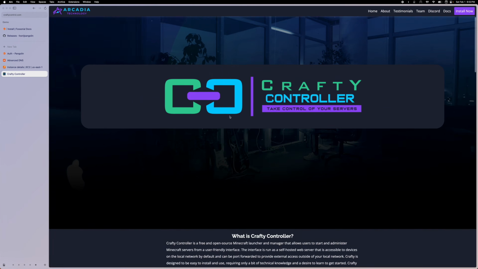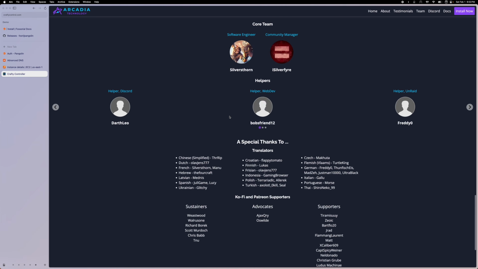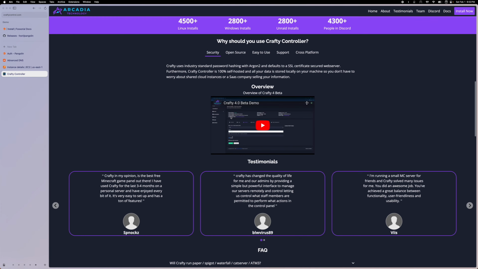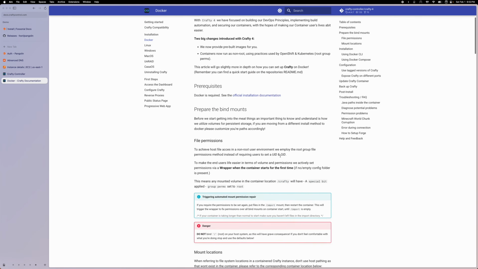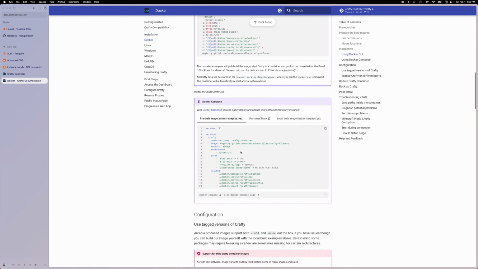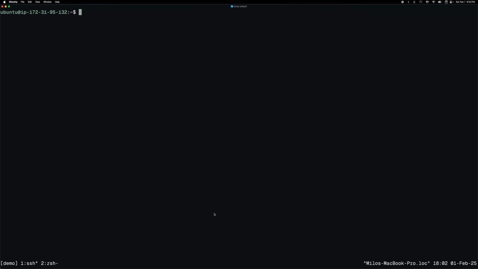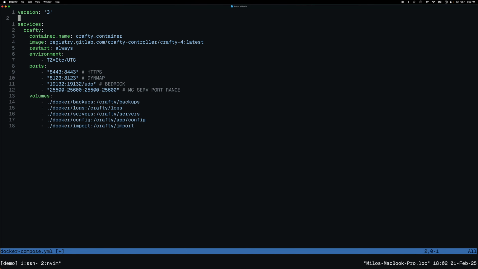So I'm going to begin then by installing Crafty Controller. So this is their landing page. You can scroll down to where it says Docker, click on it, and then find the code snippet for Docker Compose, which is what I'm going to use here. So I'm going to copy this, and I've already created a folder on my computer called demo, and I just need to create a file called docker-compose.yaml,